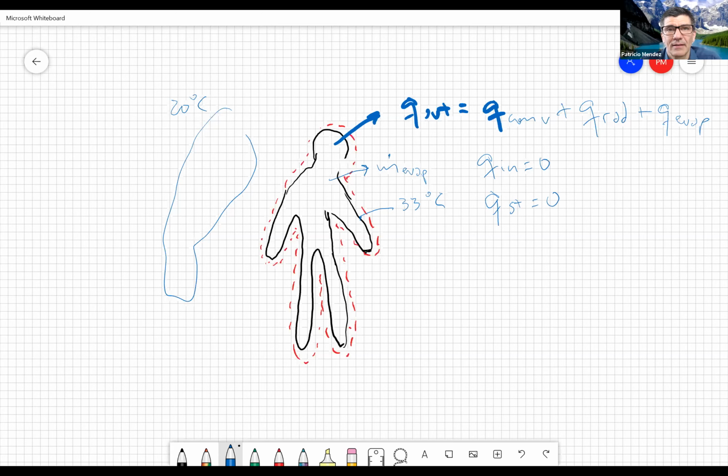Now, in this case, our lady friend is not radioactive, but it does have heat generation inside. That is the metabolic heat, right? Q generated is the metabolic heat. And that is the 2,000 calories per day we need to eat. So now we can put all this together, and we would see that